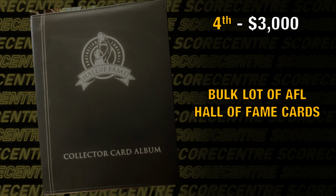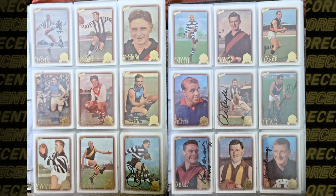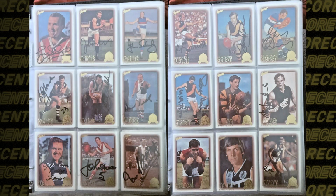In fifth spot for 3,000, we have a bulk lot of AFL Hall of Fame cards, which the first lot of those came out in 1996, but then we've had additions to the Hall of Fame series since then, with the most recent one coming last year in Legacy. But what makes this even nicer is that the collector has gotten a lot of signatures. So these are, you know, essentially unofficial signatures. The cards didn't come like this. They've been hand signed in person, but huge